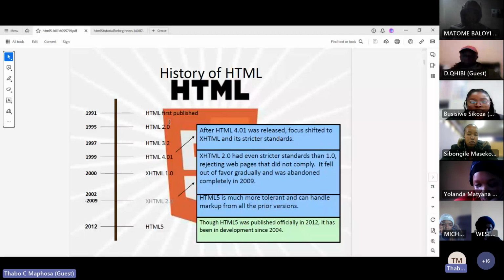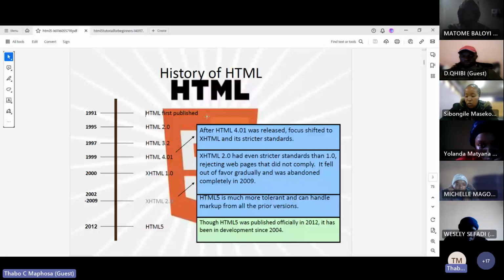So in 1991, they established the very first version of HTML, the most basic version, which is what kids are learning in schools. And then the second version, HTML 2.0, was released around 1995.